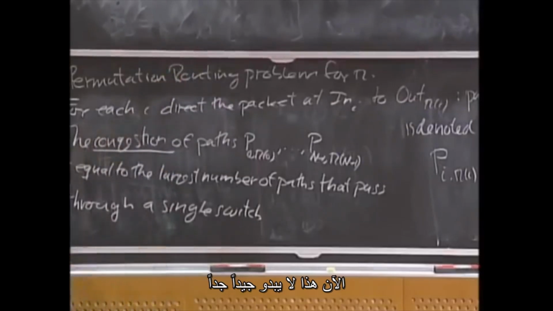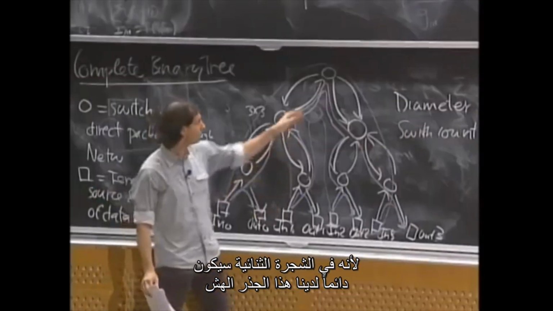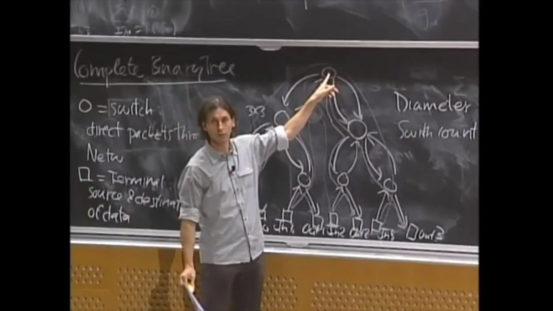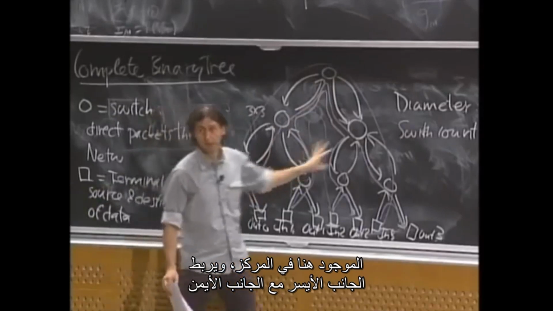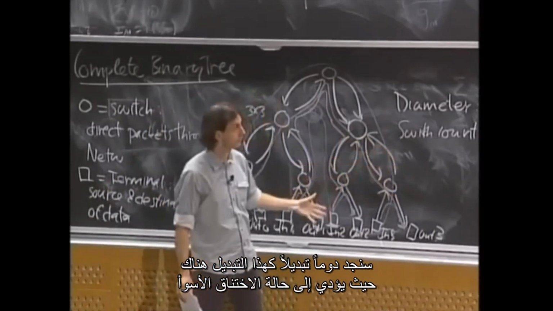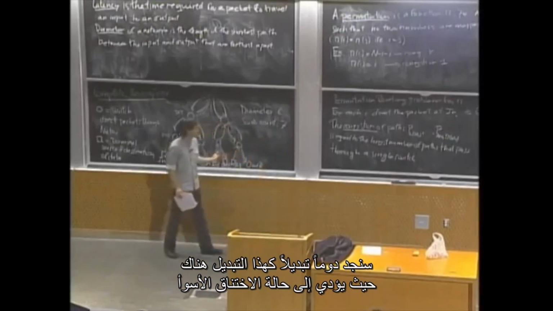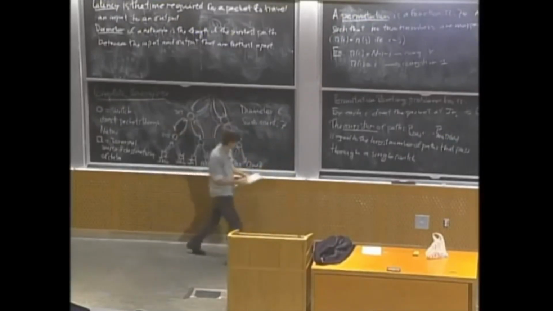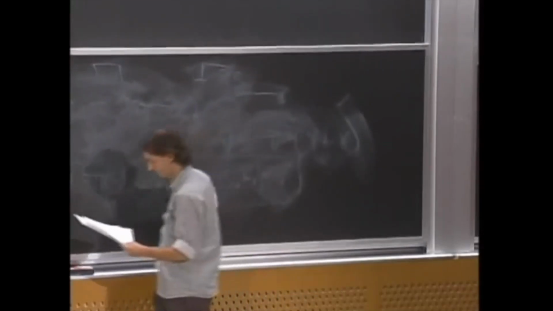Now this does not look so good, because for a binary tree, we always have this vulnerable root right here in the center connecting the left side to the right side. So I can always find a permutation, actually this permutation over here, that leads to this worst case congestion. So what we're interested in is the maximum congestion, which is the worst case scenario, and we'll define it